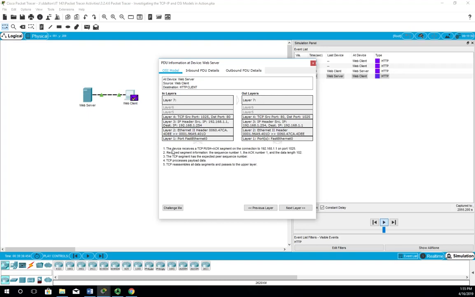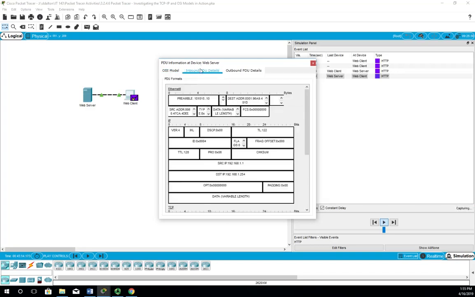Layer 4, the device receives the TCP push ACK segment and gives a bunch of information about it, which we're going to go through in detail later on in the course, so don't worry about it. Layer 4 going out, this is what we've got. And again, we have